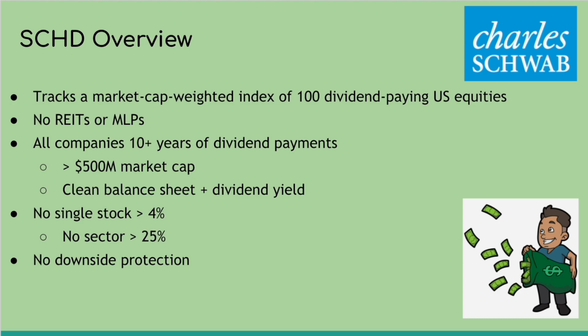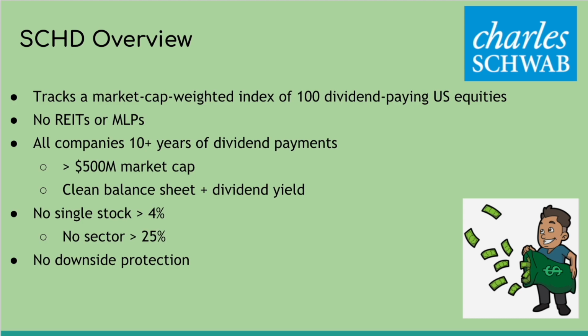They also have rules that no single stock can make up more than 4% of the index, and they also have a rule that no particular sector can make up more than 25% of this particular ETF. The index composition is also rebalanced every single quarter just in case any stock has too big of a run-up and makes up too big of an allocation. Generally, at least 90% of all cash will be invested in assets at any given time.